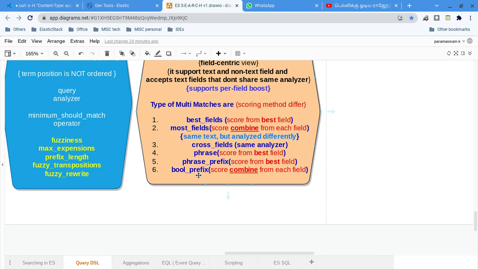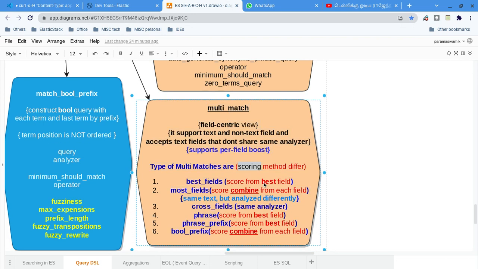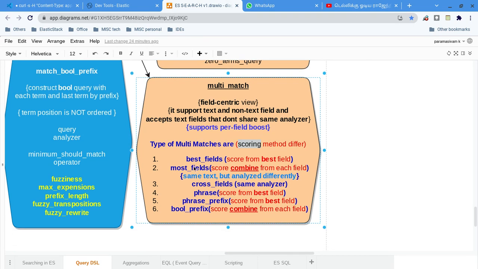Obviously these differ by the scoring. That's what I have put here in the brackets. Based on the scoring method, they will vary, how they are scoring. Let me tell you, if you are using best field, we have given 2 to 3 documents based on the score.